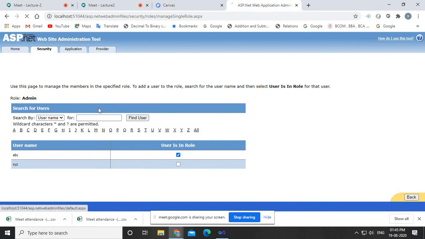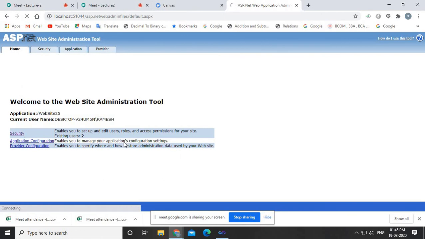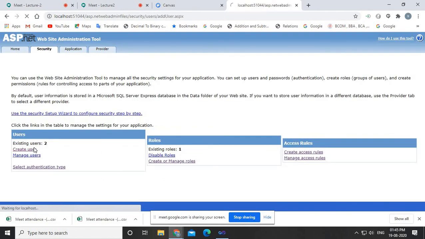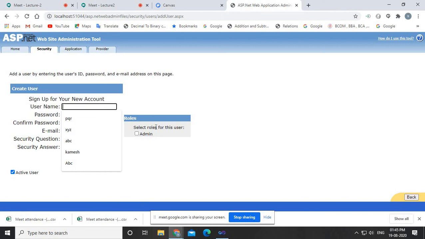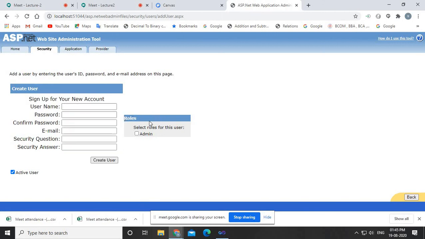Okay, fine. So in that case, what we can do is, I'm just creating a new user, right? So create new user. Now you can see the change here, right? In the role panel, now there is one role, which is called admin.